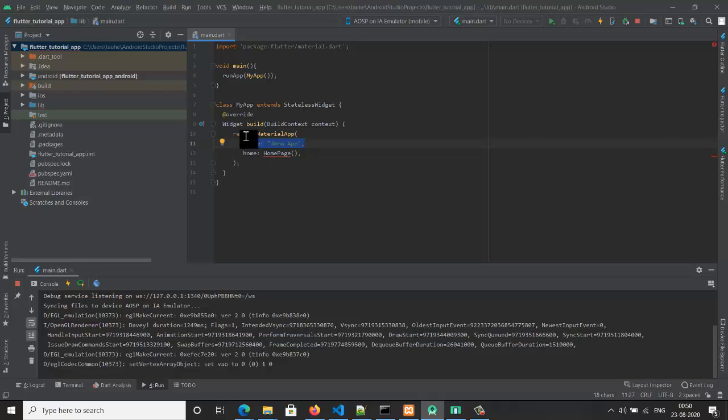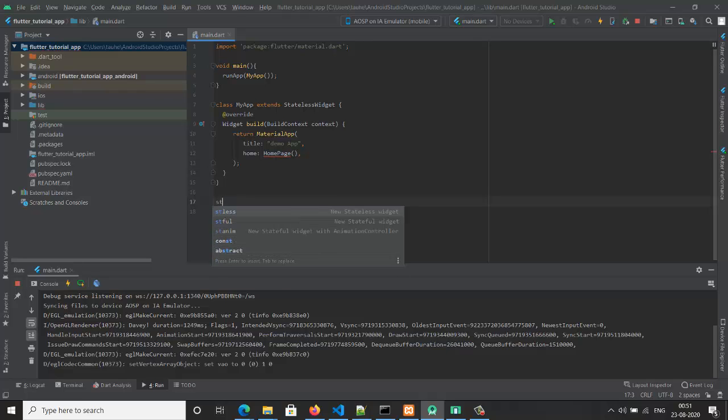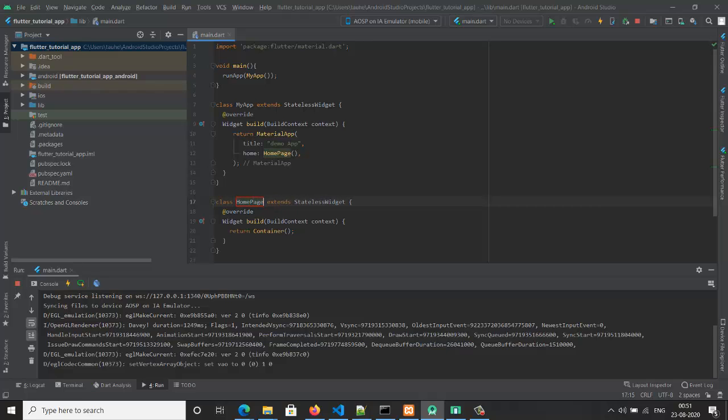In the same way, we are going to call the home. The home is basically the route where the application will go after it has started. So we are going to define a class home. We simply type stl and we'll get a stateless widget, and just define HomePage here.